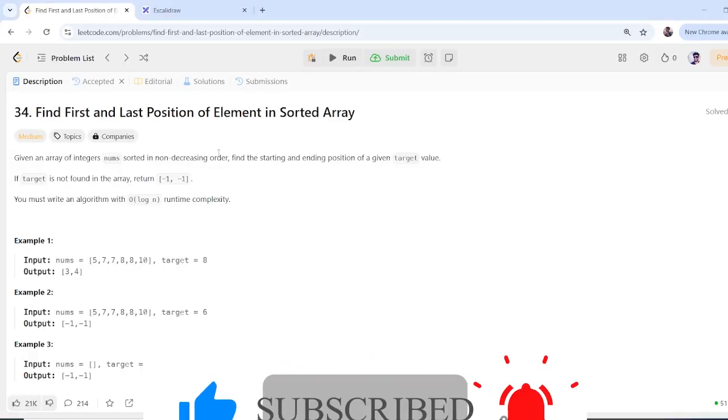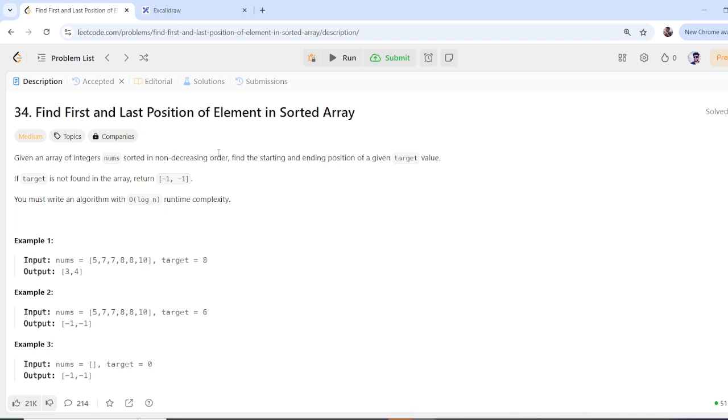Hello everyone. So today we are going to talk about this problem: find first and last position of element in sorted array. We are given a sorted array and we need to find a target value also. Now we need to find the first occurrence of that target value and the last occurrence